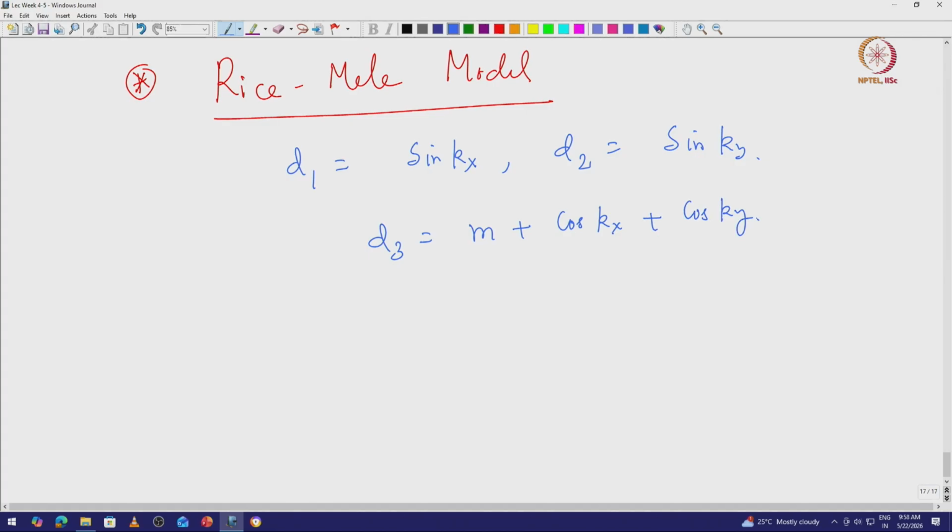And some square lattice. Okay, it is just a square lattice. And so that means in the lattice will be